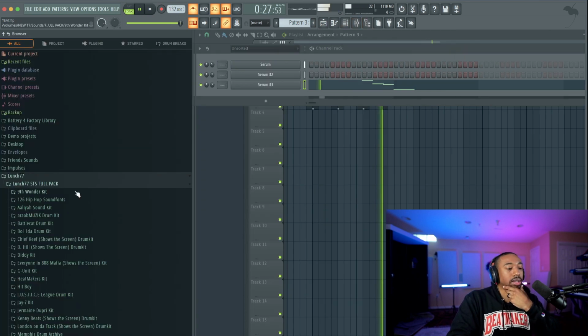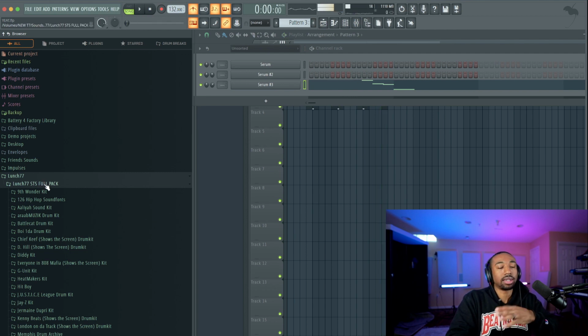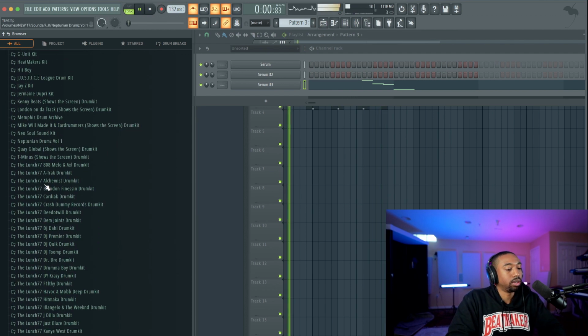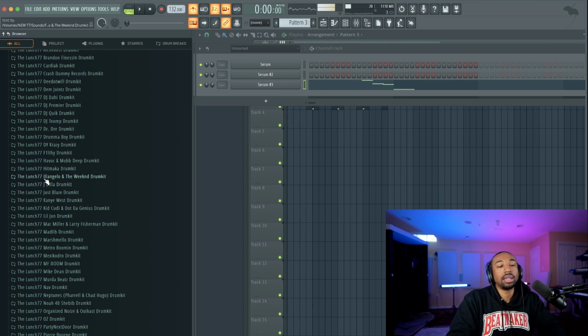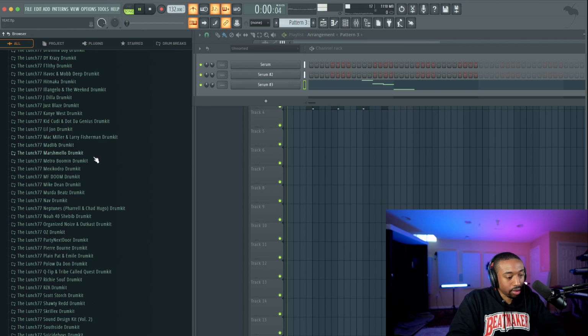So we might use an 808. Let's go to the Lunt 77 kit. If you don't have this, again, you'll get the project files for free. You don't have to worry about memorizing this, but we have the link in our Discord. Just go to busyworksbeats.com/Discord and make sure you check the drum kits channel.